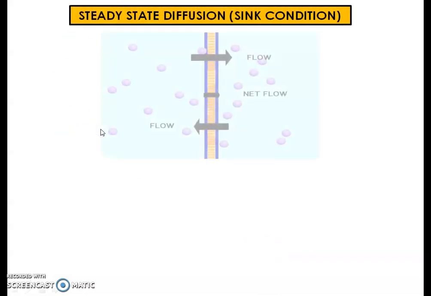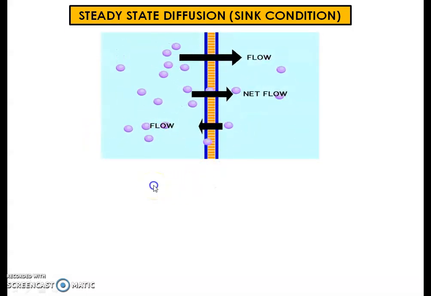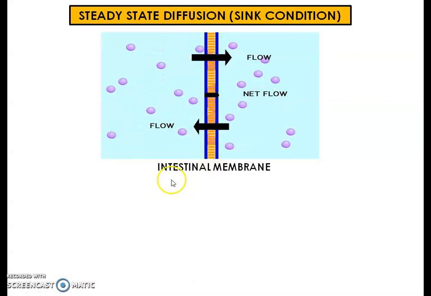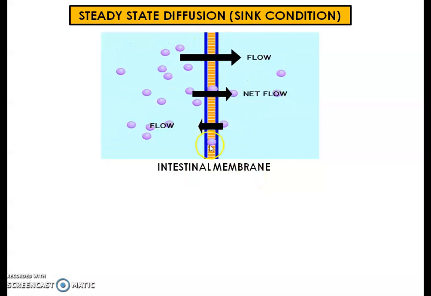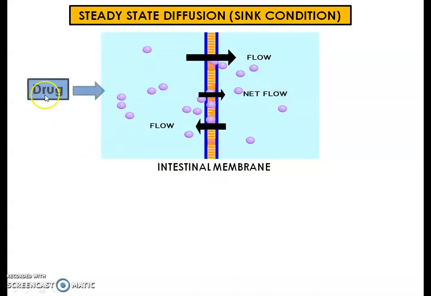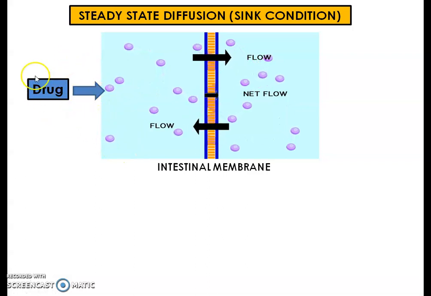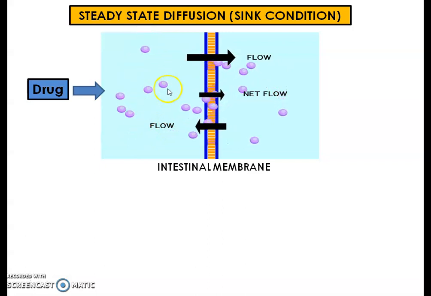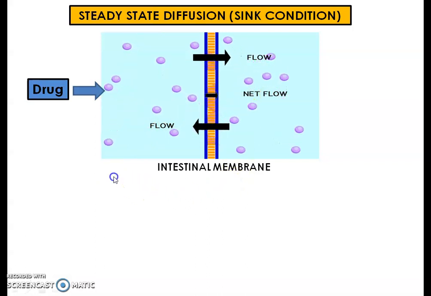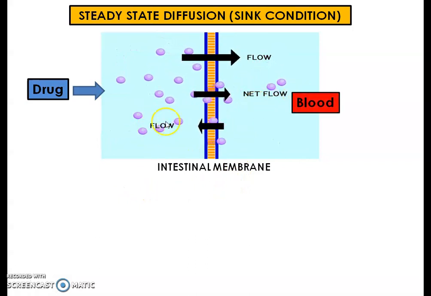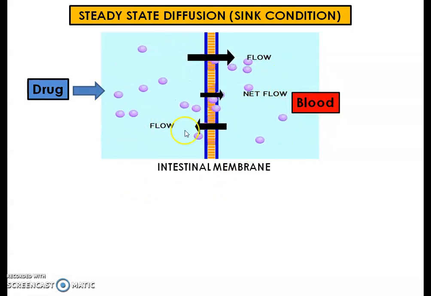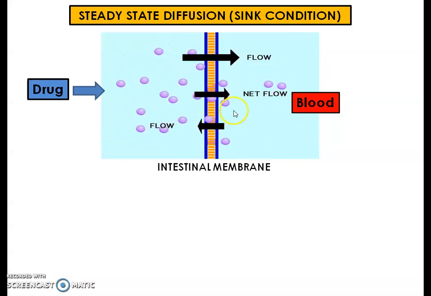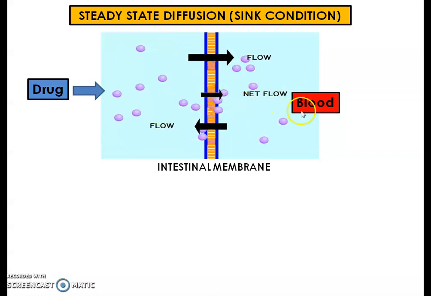For this we have to understand biological membrane. For example, suppose this membrane in this animation is an intestinal membrane. It is a membrane of the intestine, and if we give a drug to a particular person, the drug gets inside the GIT tract, gets dissolved, and tries to pass this intestinal barrier and reach the blood. The other side of the intestine is nothing but blood capillaries. So when the drug enters from the stomach or intestine, crosses the membrane of the intestine and reaches the blood, we can say the drug is absorbed.